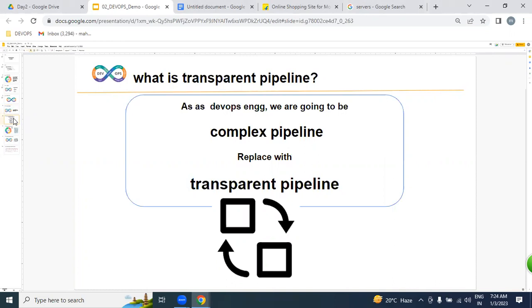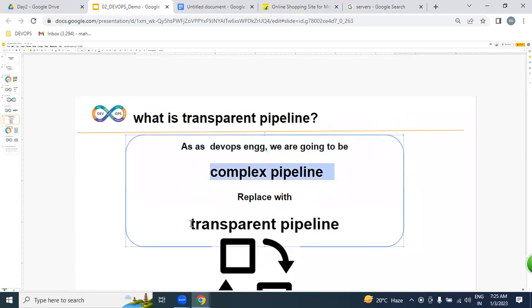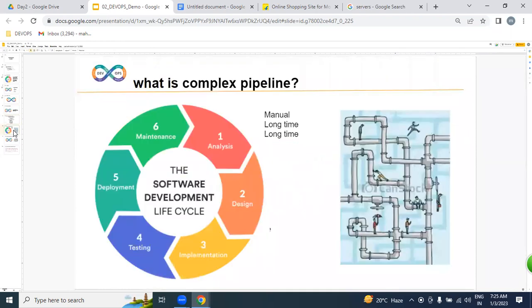But what exactly are our roles and responsibilities after getting into the company? The major agenda is replacing a complex pipeline with a transparent pipeline. So what exactly is a complex pipeline? Our SDLC process is complex. Why do we call it complex?